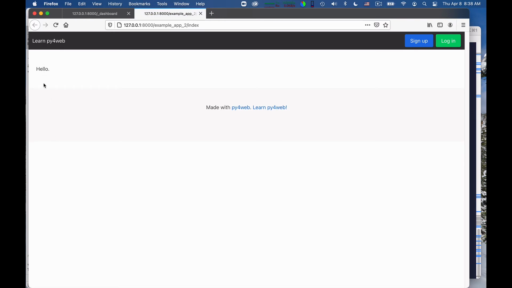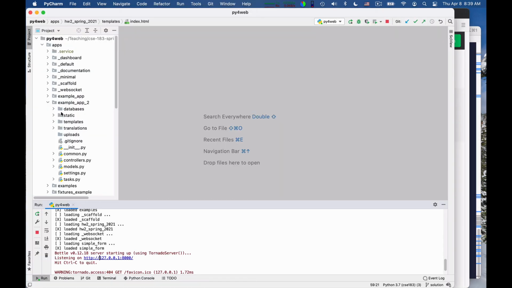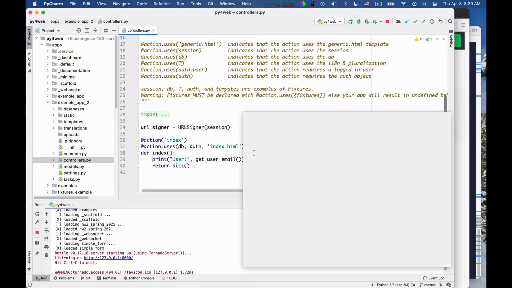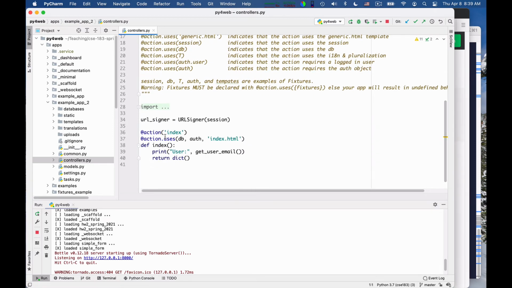Now it says hello, and then I can go here to the code of it, look at the controllers. This simply does this, and I can edit this code if I want. For example, I can say message is equal to this is all a big mess.